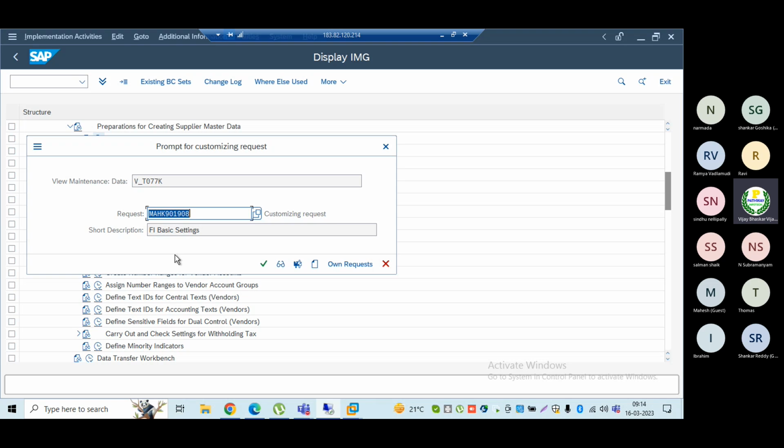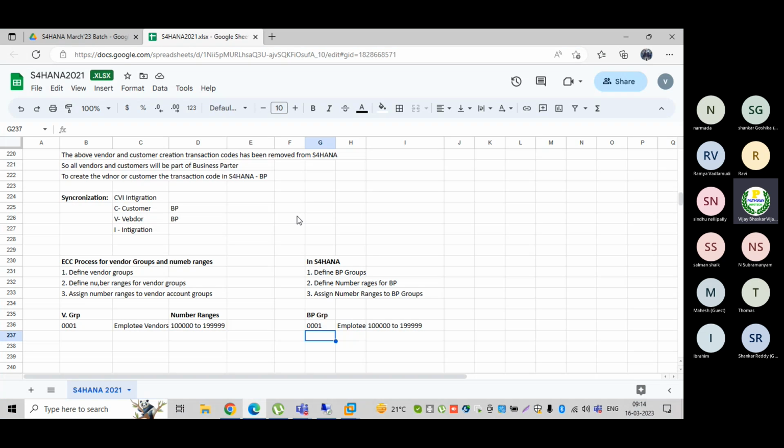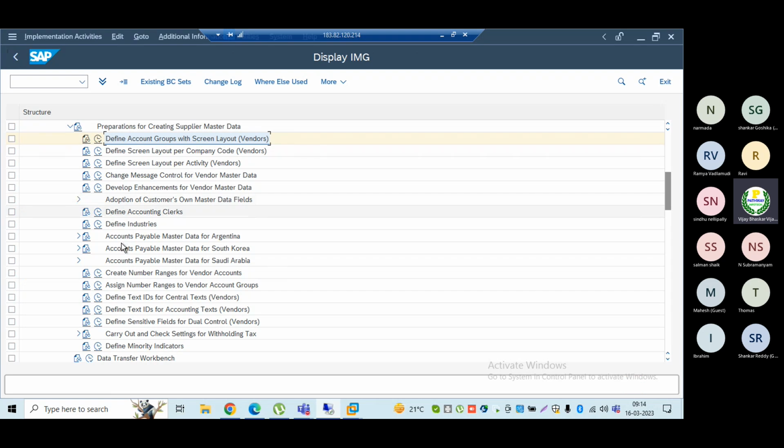We'll take only one example, because multiple examples will confuse you. I have created one vendor group, T001, service vendors. What would be the next step? I need to create number ranges.